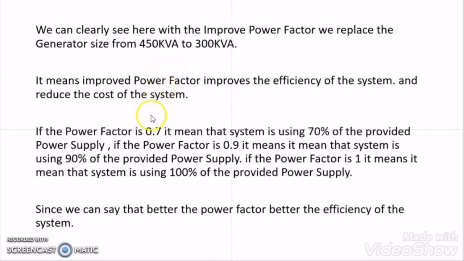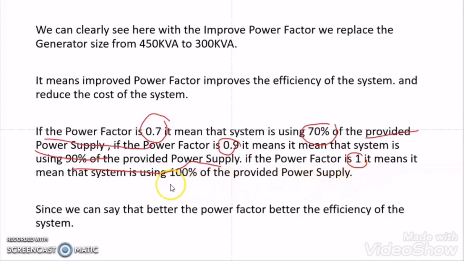So what does this power factor indicate? If the power factor is 0.7, what does it mean? It means that only 70% of the provided power supply is being used and 30% is going to waste. If the power factor is 0.9, it means 90% of the power supply is used for the actual work and 10% is going to waste. If the power factor is unity, it means